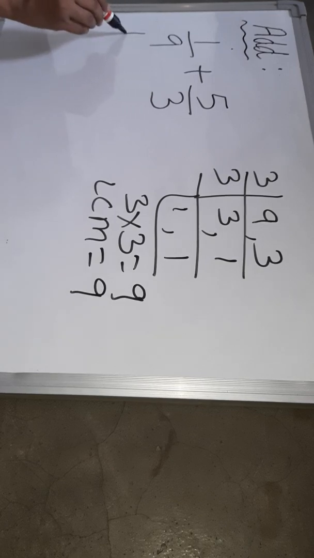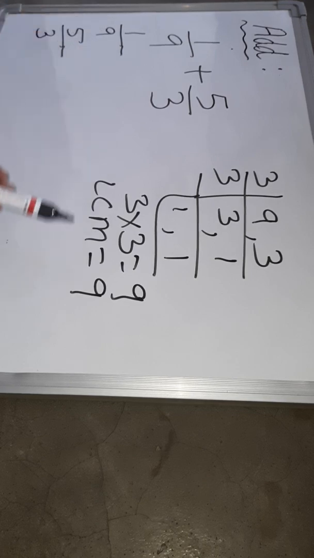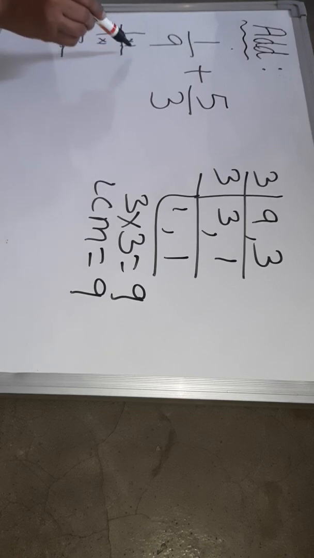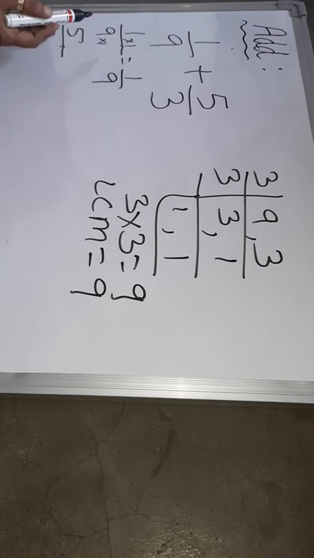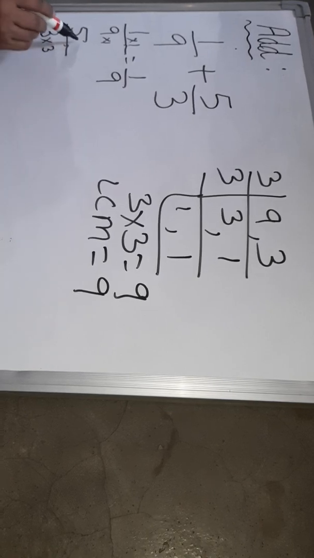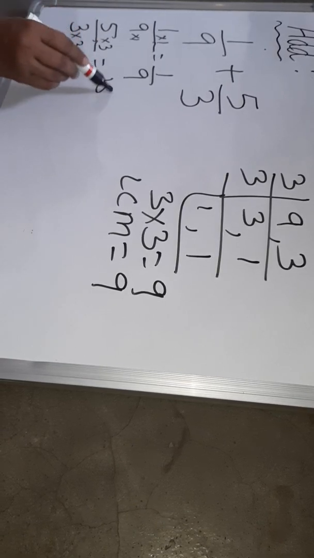Now make like fractions of both the fractional numbers. You know that 9 is already in the denominator and it is equal to the LCM. So if you multiply by 1, you get the same number. If you don't multiply also, 1 by 9 is already equal to the LCM. Make this denominator equal to the LCM. 3, read the table of 3 and reach till LCM. 3 3 times is 9. Same number multiplied in the numerator. 5 3 times is 15 by 9.